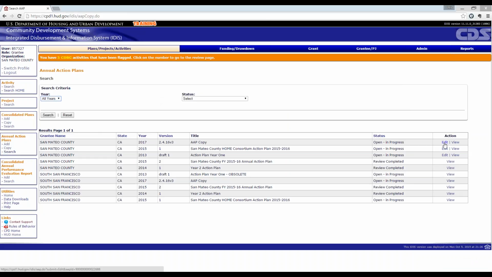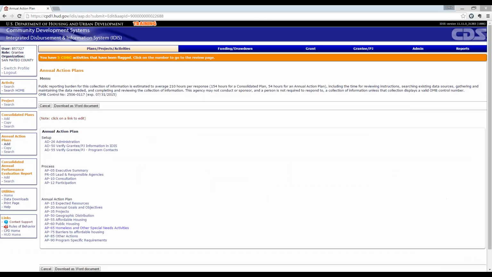And so all of that information, had we completed and filled out that action plan template, would have copied forward here into our annual action plan. And again, you'd want to go through and make sure that you're updating your executive summary, updating the description of your consultation with stakeholders, updating the information on your community hearings and citizen participation, as well as adjusting your resources and your goals and your projects and reviewing all of this information. But the baseline information would be copying forward for you.